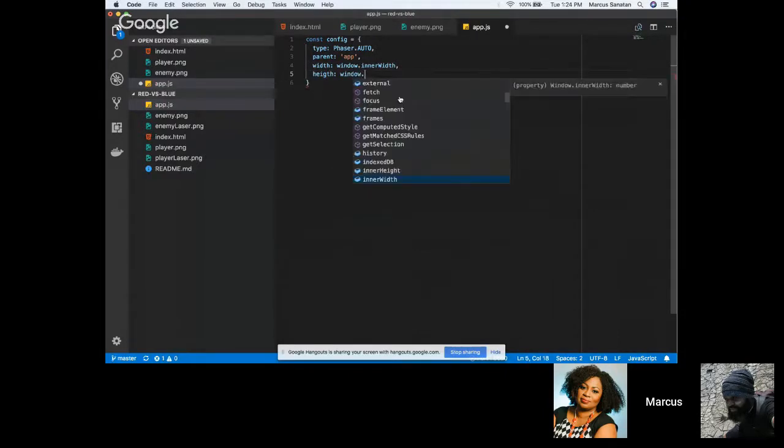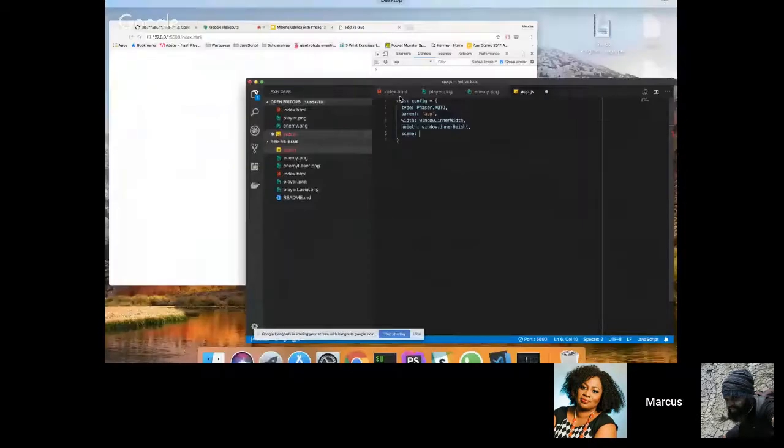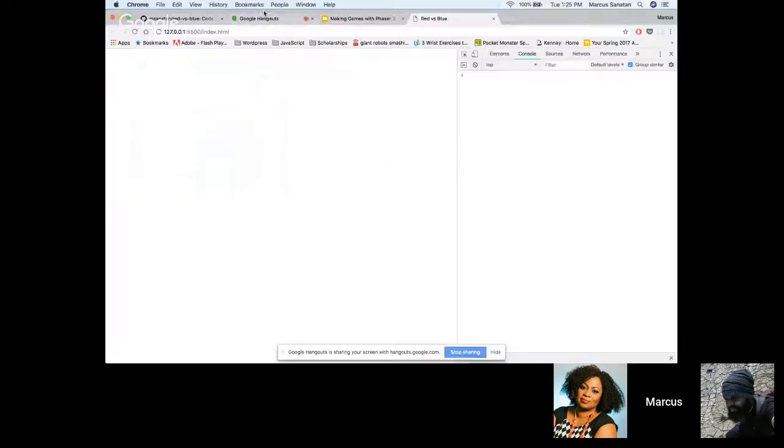Width and height, I mean, fairly self-explanatory. I know you guys are pretty sharp. You coders are very intelligent. And what we have right now is the scene. So every bit of code Phaser runs is pretty much contained within a scene. You could think of a scene as, let's just say,